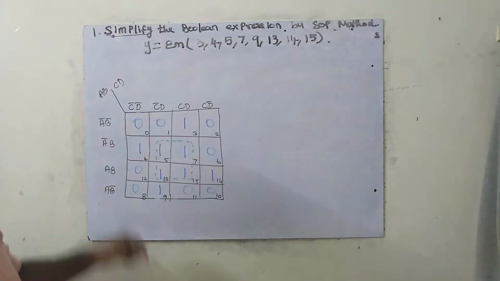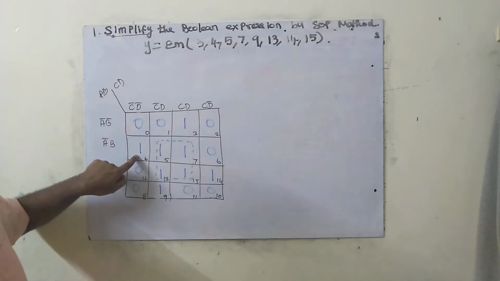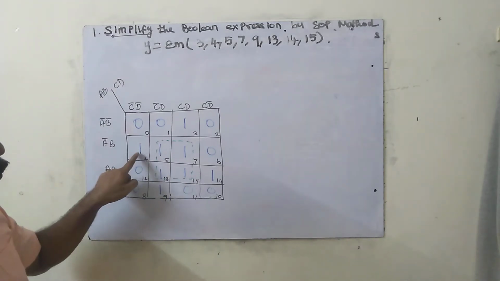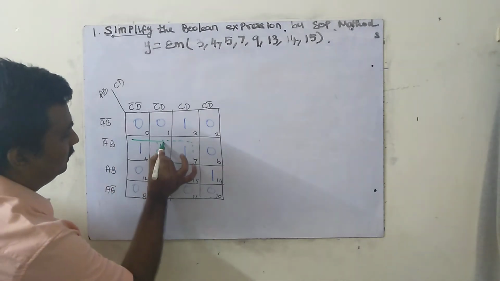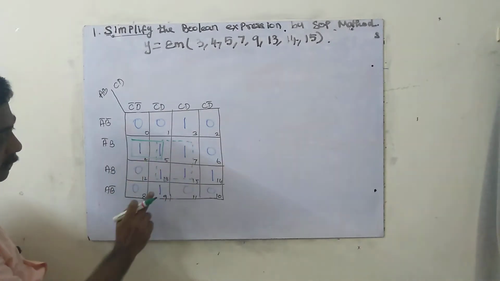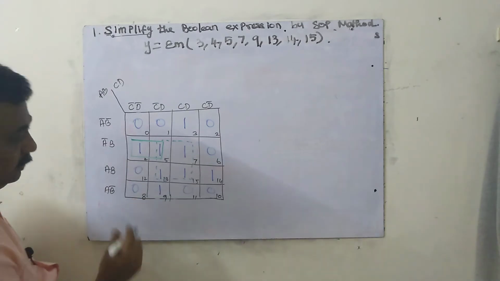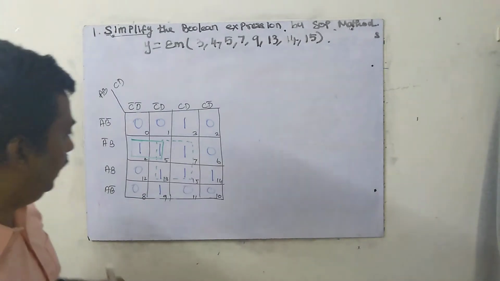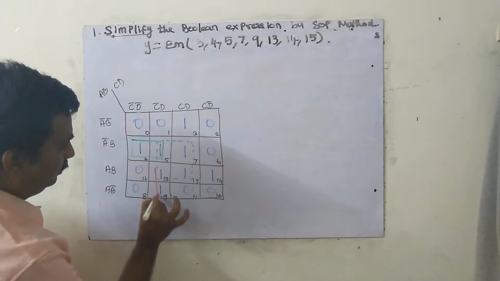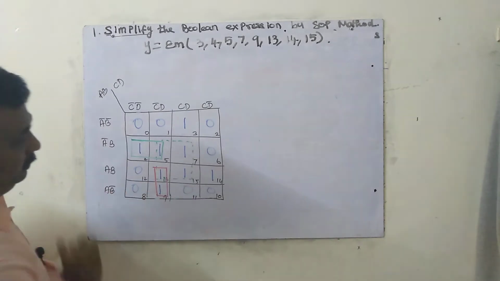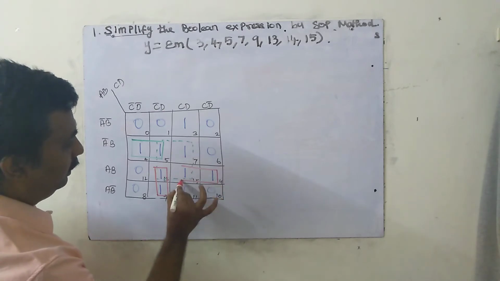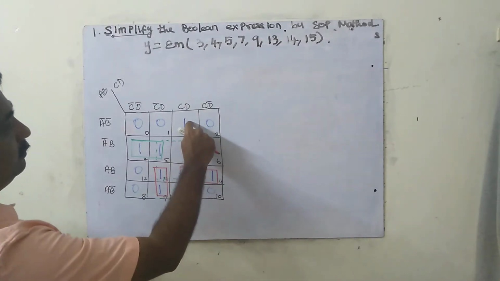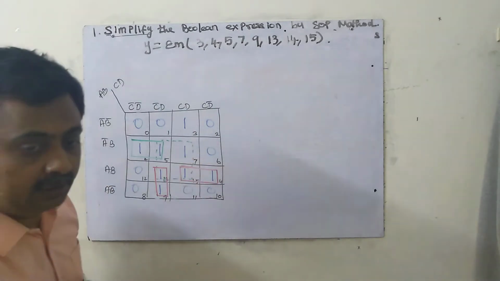This is an unwanted thing, because this one, how can I box? I can only box these two. There is no other way. I have to box like this only. This one, there is no other way. I have to box only like this, only 2. 4 is not possible. Like this 2 only is possible. This one also I have to box like this only. This one I have to box like this.